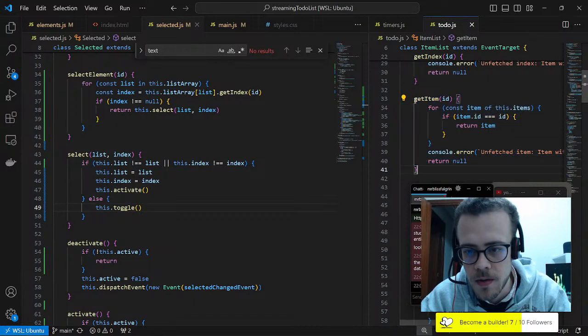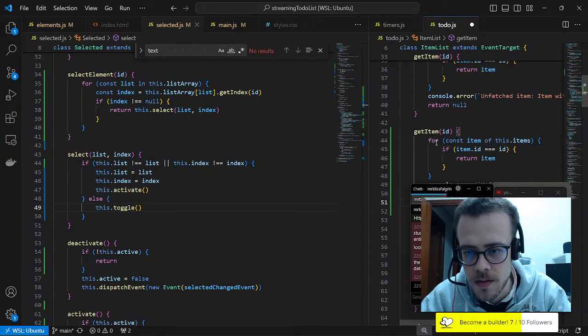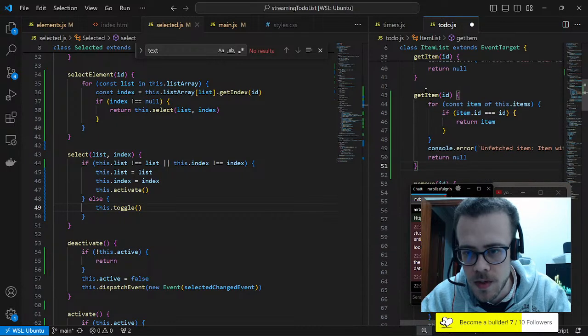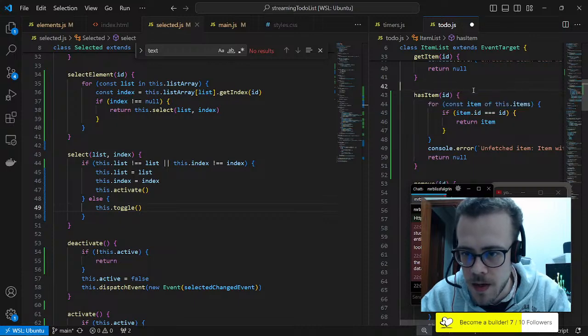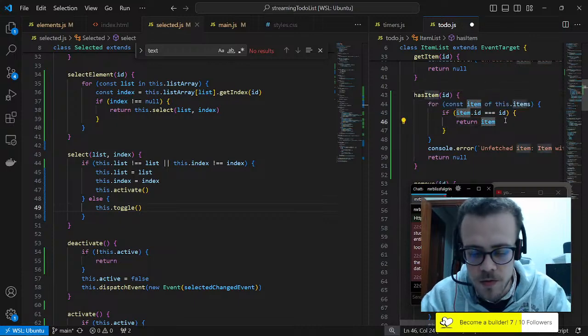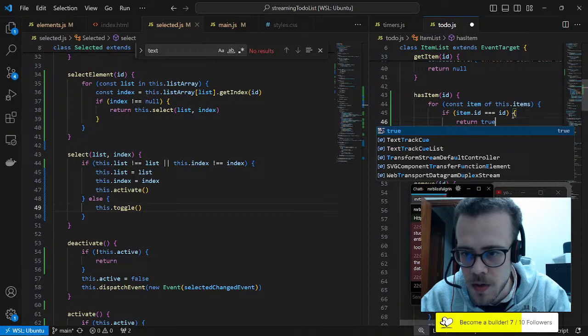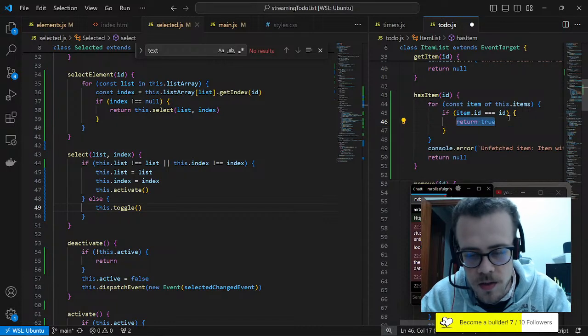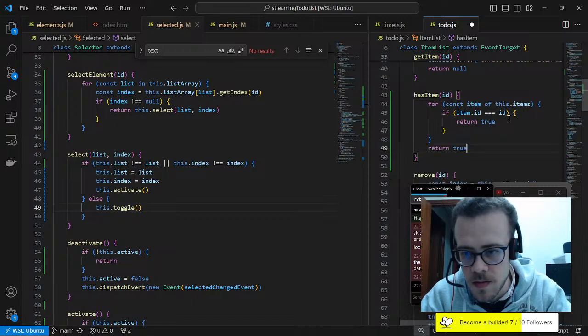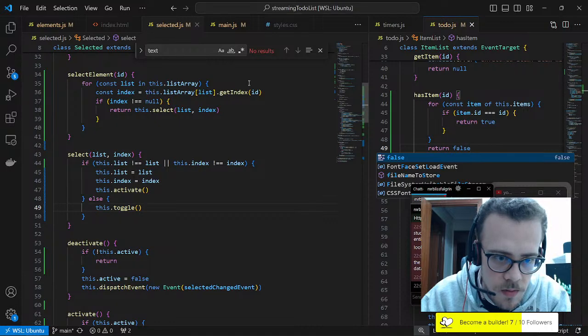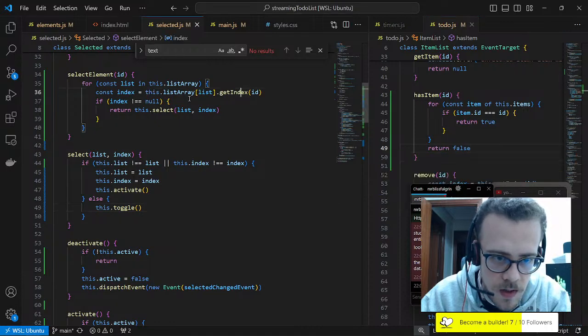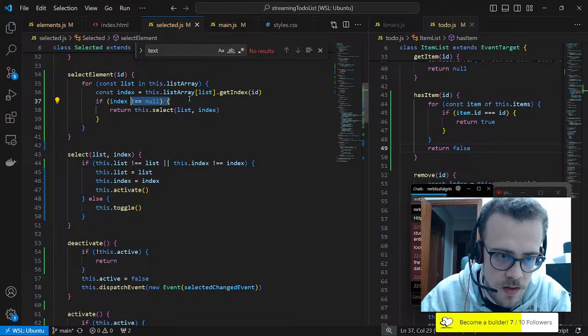Because I don't want to be calling this otherwise. So has item with an ID, return true, and otherwise just return false if that's not the case. Right, false. And we only want to get the index if the index is the